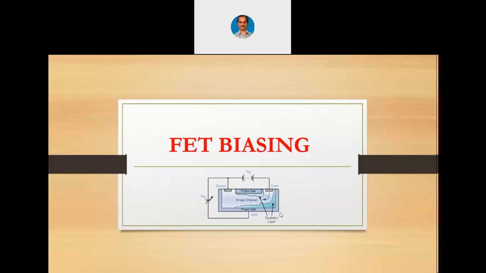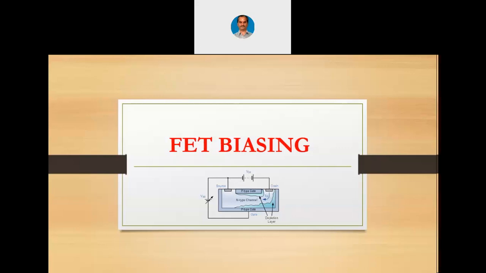Earlier I showed you a diagram of a cylindrical device. Now it's a planar device where gate, source, drain all can be at one surface, that means at the upper surface. Below there can be the N channel. We can take the terminal of drain at the right hand side and the source at the left hand side. Even now they remain interchangeable, because technically and physically they are of the same type.